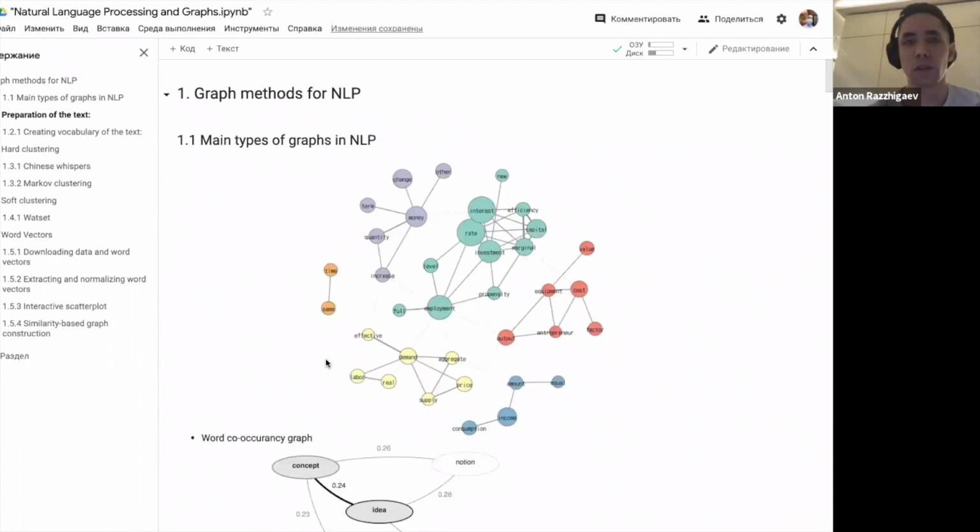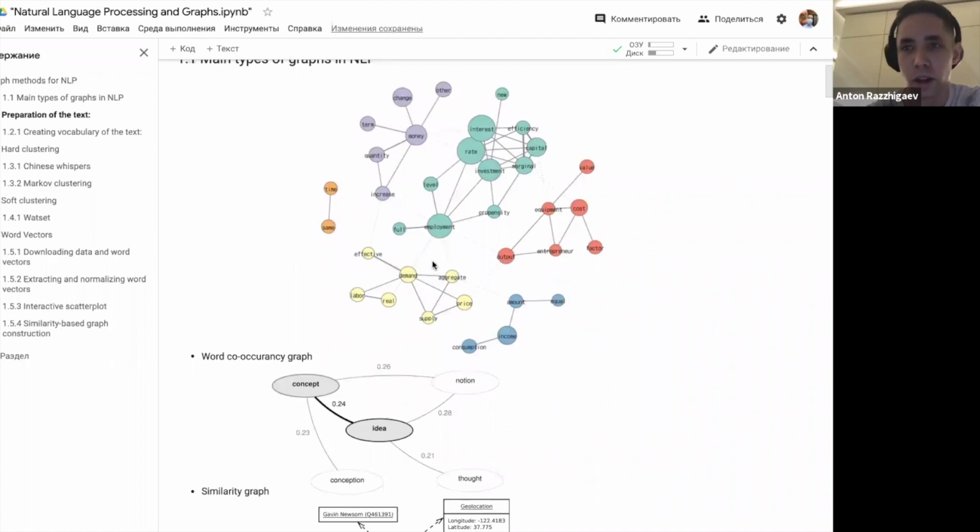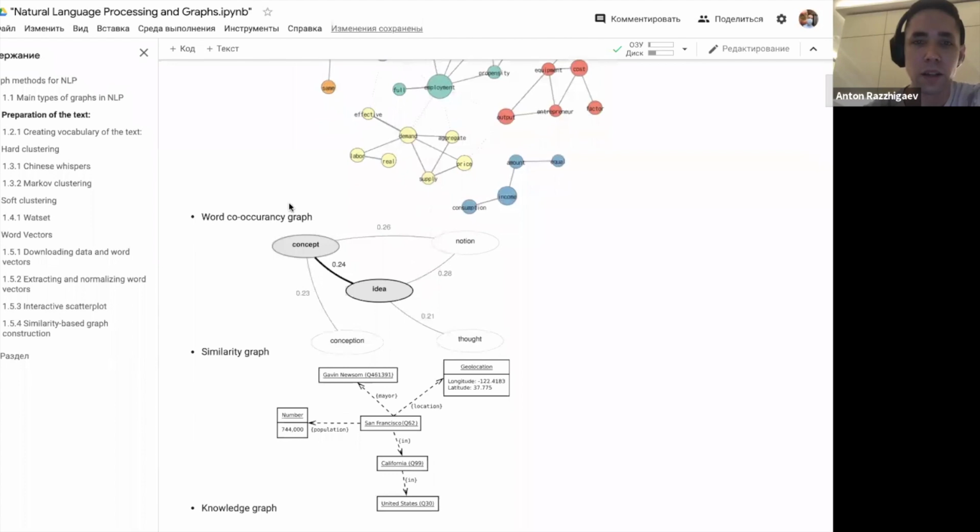Well, today's seminar will be about graphs in natural language processing. There are three of the most common types of graphs in NLP. This is the word co-occurrence graph. It is a graph which represents the neighborhood of words in text corpora. So the words which appeared in the same context, or just sequentially in the text, will have an edge between the nodes. Another type of graph is